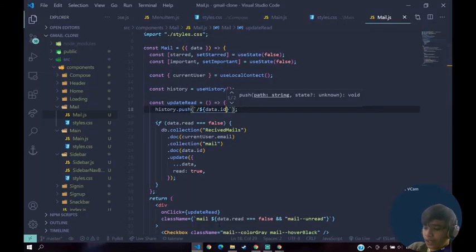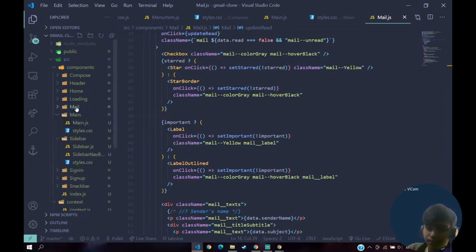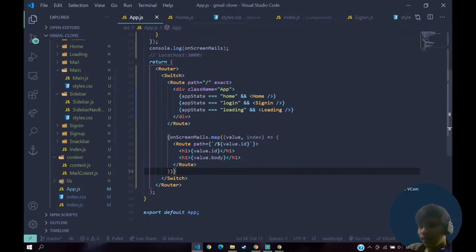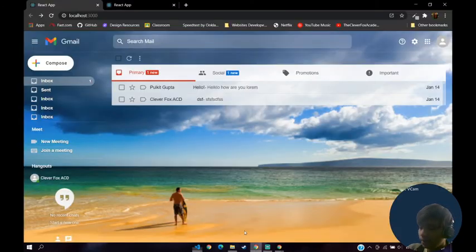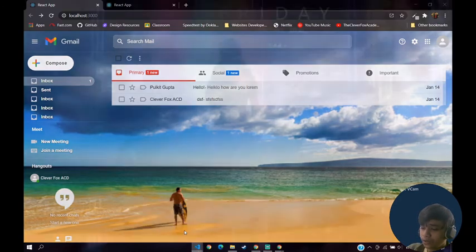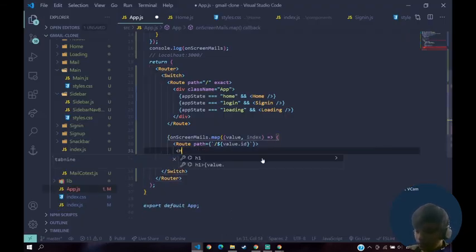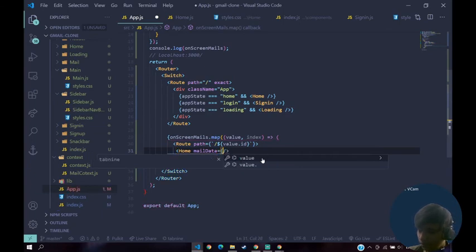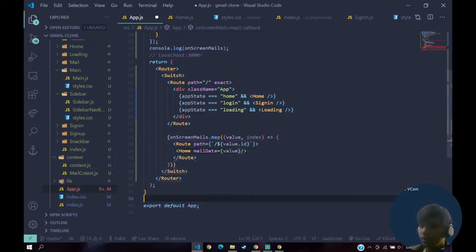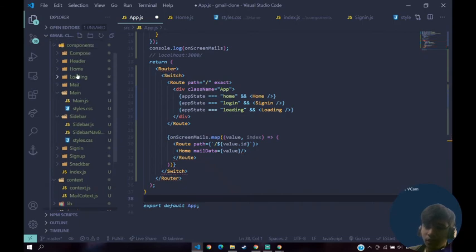So what we are going to do is render this depending on our home page. Here in app.js, as you can see, all of that renders to our home page. This main application, the full application, is rendered inside of our home page. So we'll go back inside of this and render our home page, home. First of all, we'll give our mail data, mailData equals value.